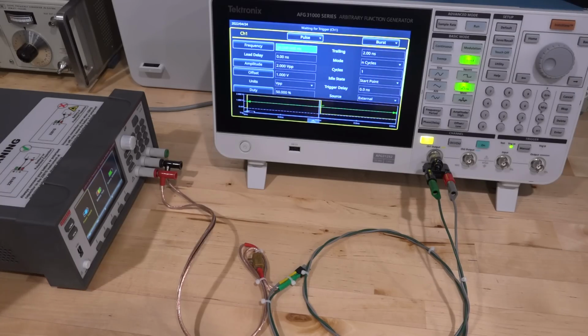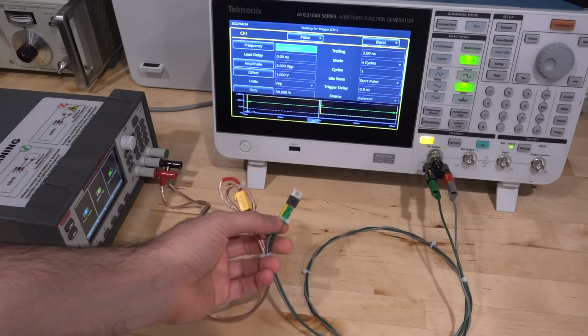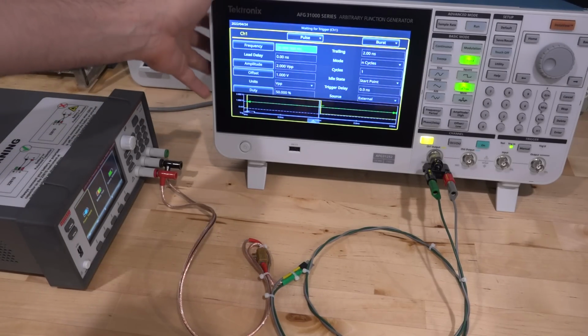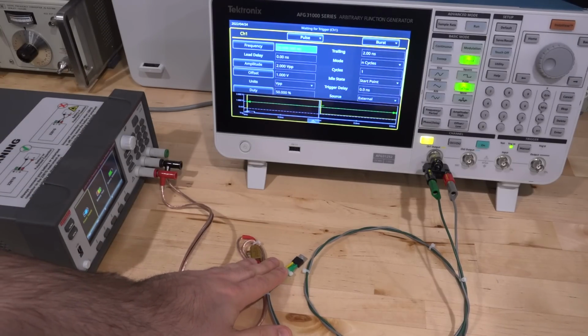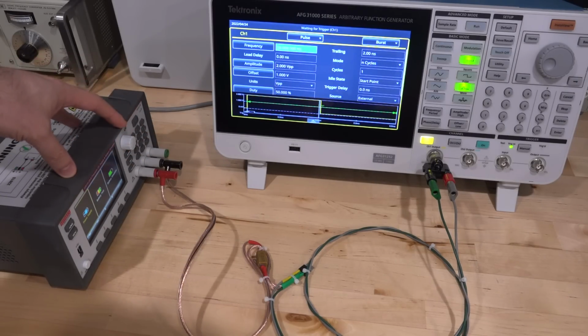So let's do one more experiment with the power supply. Here I have a MOSFET and a power resistor. The gate of this MOSFET is controlled with the Tektronix AFG 31000 series arbitrary waveform generator. I'm going to use this to generate a pulse, and that pulse at the gate is going to open the channel of the MOSFET, allowing a large current to flow from the drain to source, which is provided by our